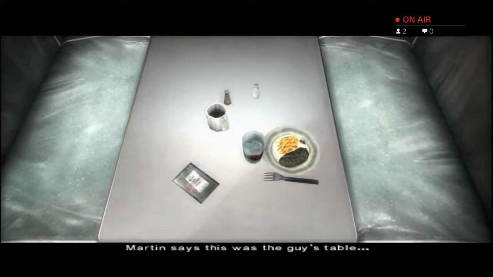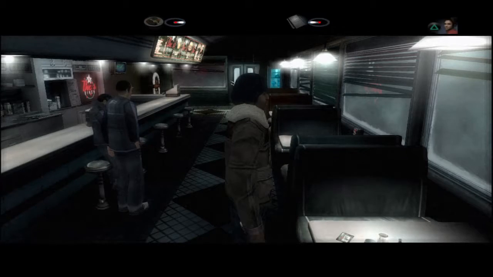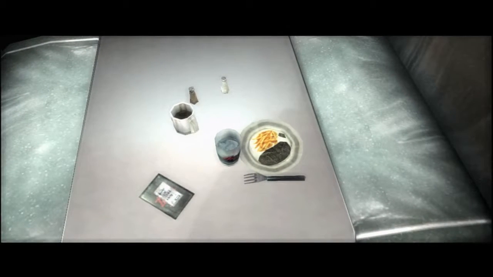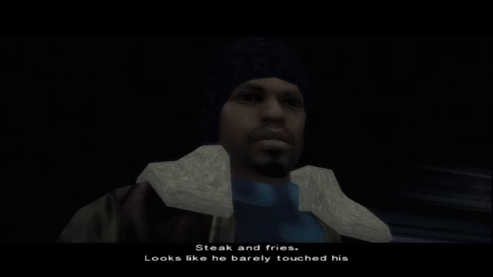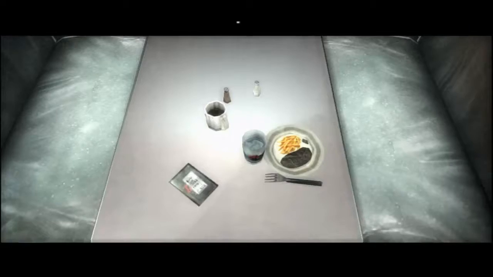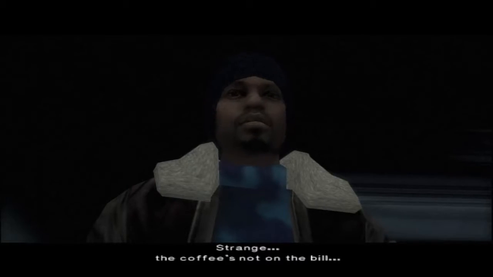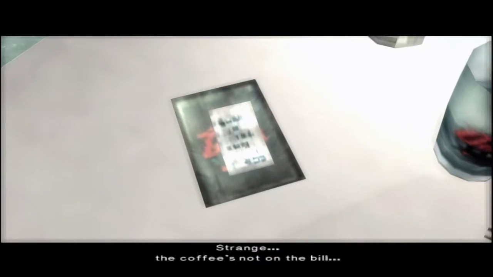Martin says this was the guy's table. Steak and fries. Looks like he barely touched his food. Strange. Coffee's not on the bill.